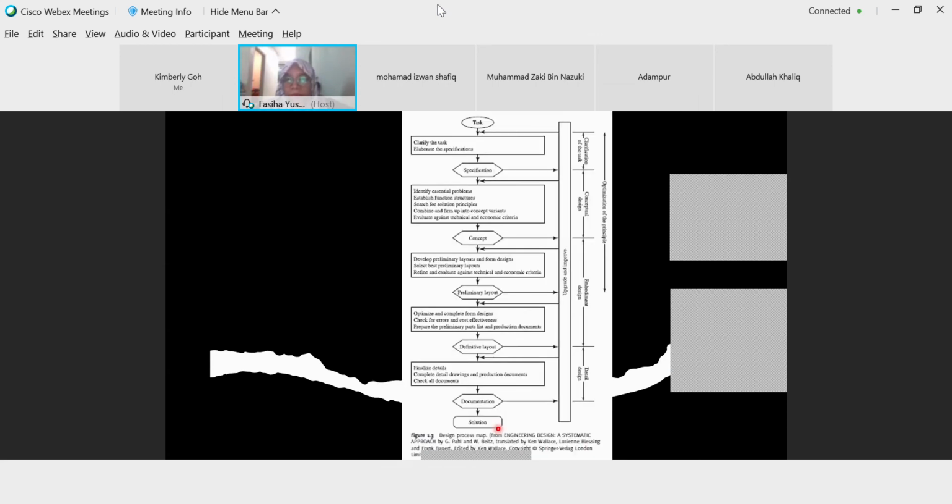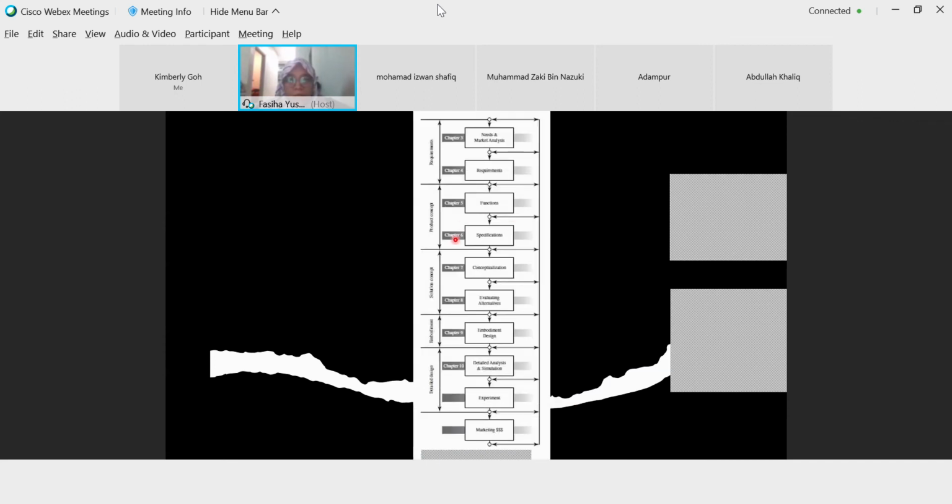This one also has conceptual design, embodiment design, and detail design. And this one has produce concept, solution concept, embodiment, detail design.